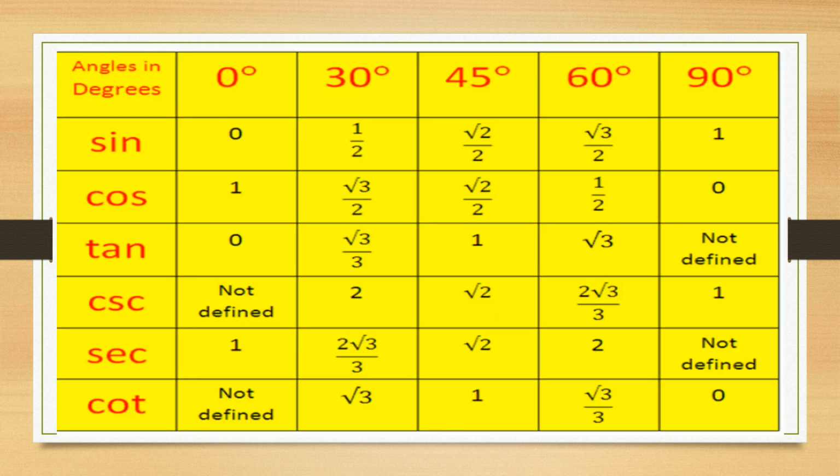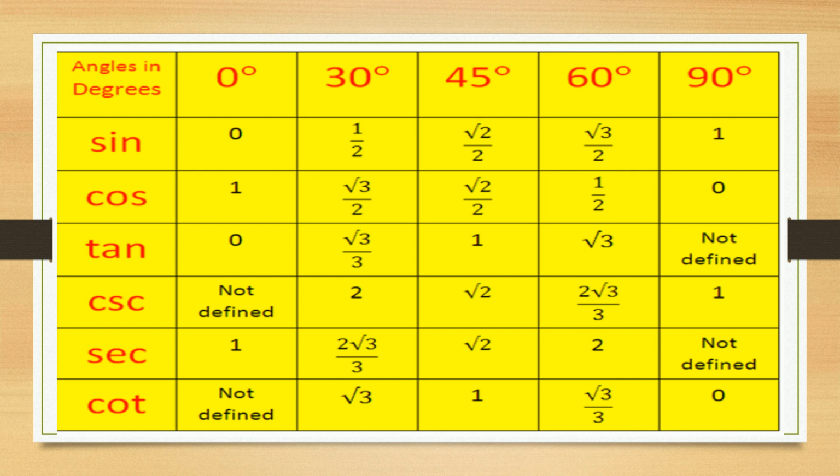Generally, a table will be given to you. So how is this table given? A traditional method is: the whole numbers are written 0, 1, 2, 3, 4. Each is divided by 4 and the square root is extracted. The simplified values directly represent sine 0 degree, sine 30 degree, sine 45 degree, sine 60 degree and sine 90 degree respectively. If we write the same in the reverse order, they will represent the cosine values.